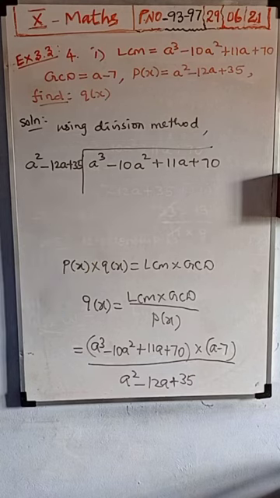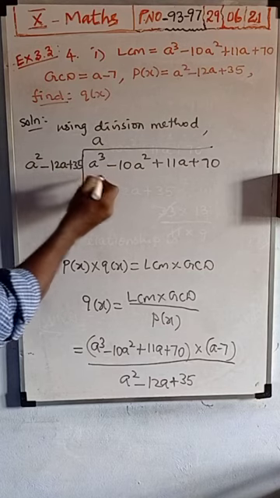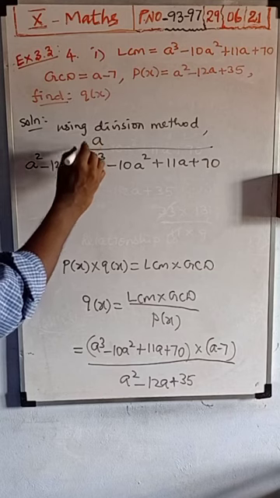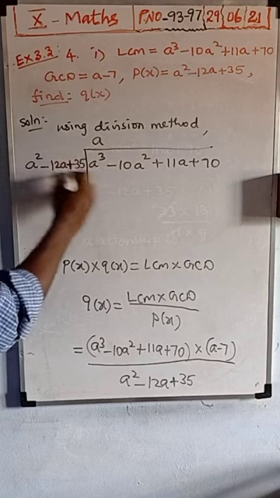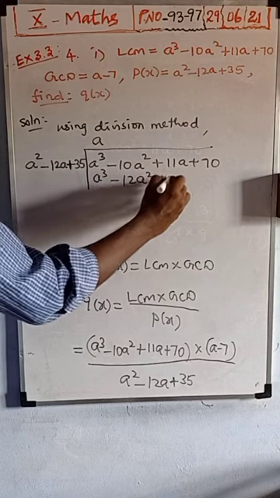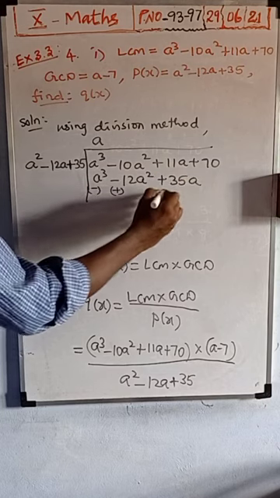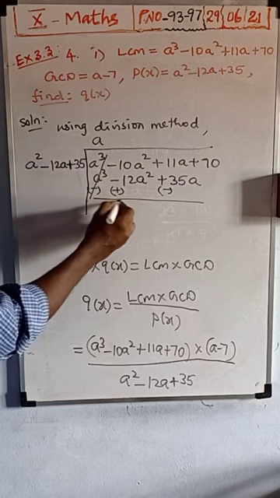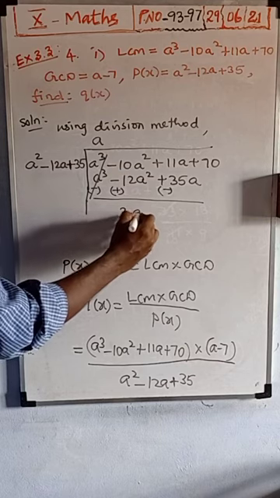Okay, so to divide, first here a square, here a cube, then a only you want to multiply. a into a square only is a cube. The first term you always want to make the same, so the a square you should multiply with a. So a into a squared, a cube minus a into 12a, 12a squared plus a into 35, 35a. Next you want to change the symbol, plus becomes minus. The first term gets cancelled. Here 12a squared plus 12a squared, minus 10a squared goes 2a squared.